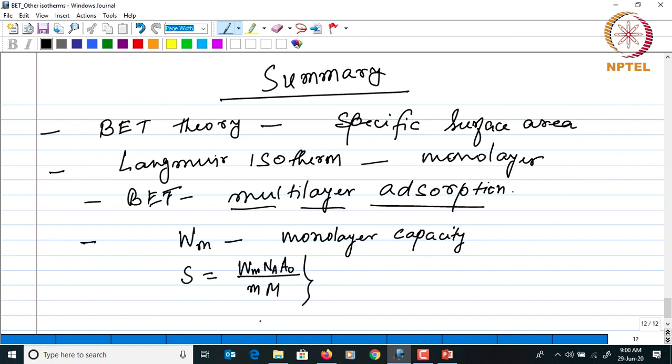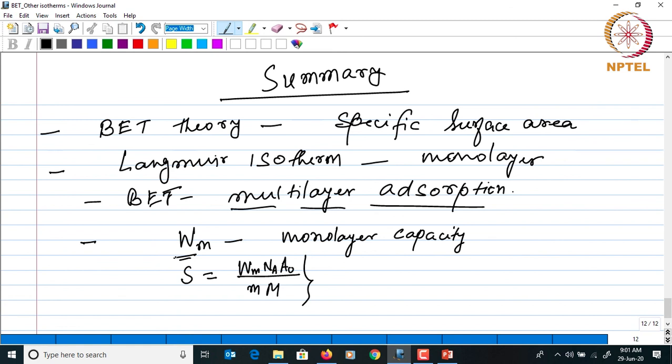And in order to measure this W_M by the gas adsorption technique, there are various methods. Primarily, three methods can be used to do this, and those are the volumetric method, where the volume of the gas is directly measured, the gravimetric method, which deals with the weight change as a result of the adsorption, and this amount can also be measured indirectly by measuring a change of a particular quantity, for example the thermal conductivity.